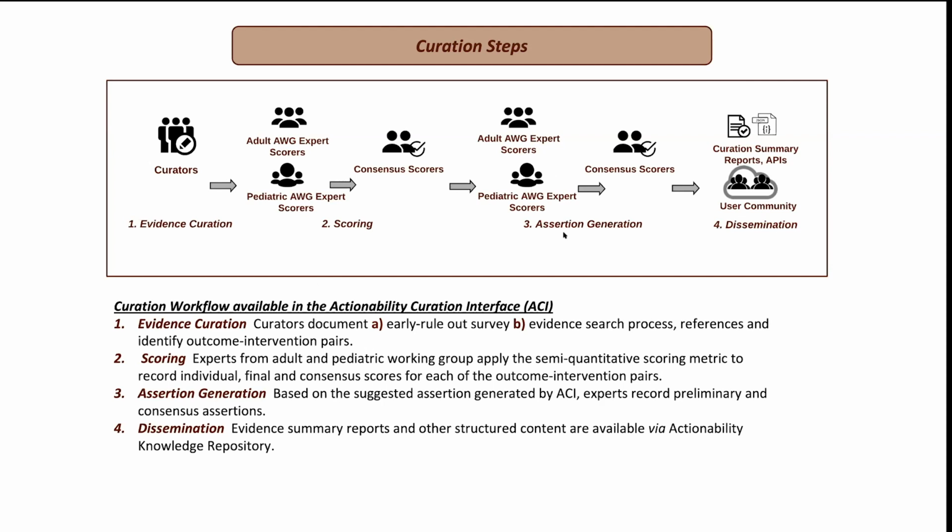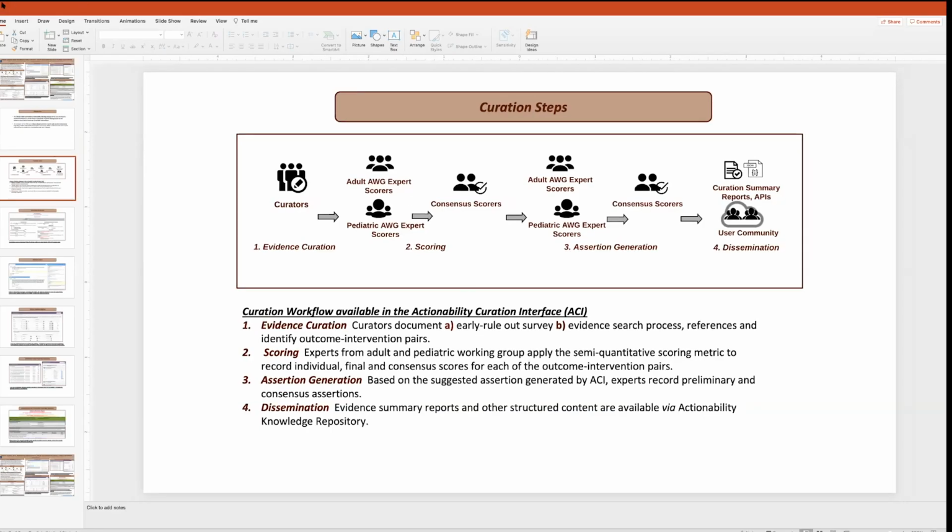The generation of assertion stage that you see here was very recently added to the curation framework. Based on the suggested assertion, which ACI generates with the new microservice that we implemented, experts record preliminary and consensus assertions. The dissemination of the knowledge is available through the knowledge repository. And we have many reports, which Erin has already pointed out some of, which I'll show in detail. So now that we have connected the dots, I will go ahead and